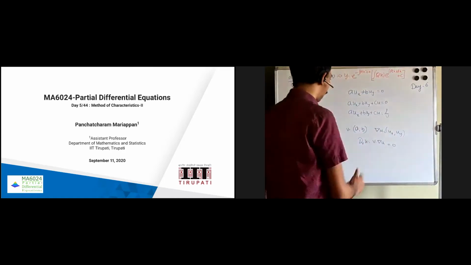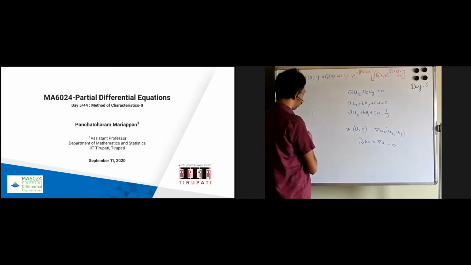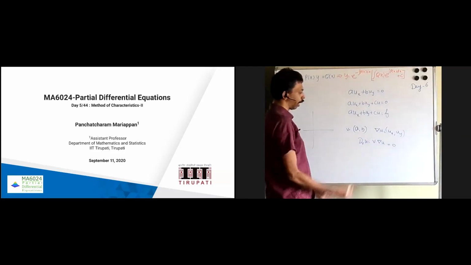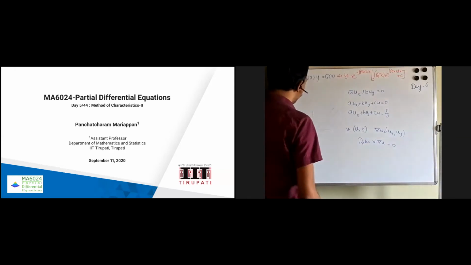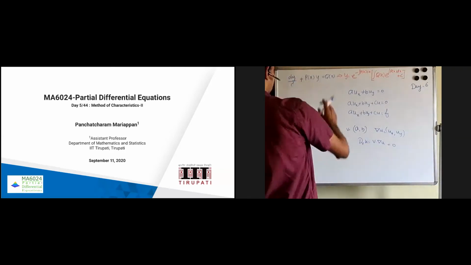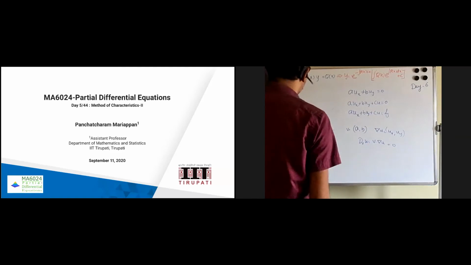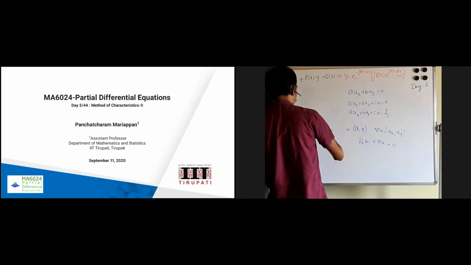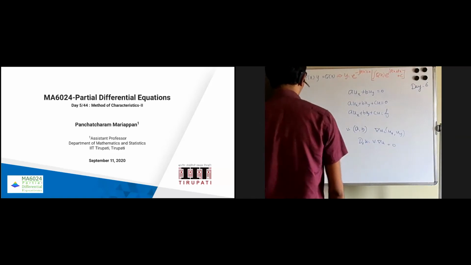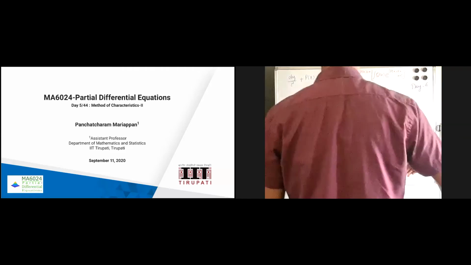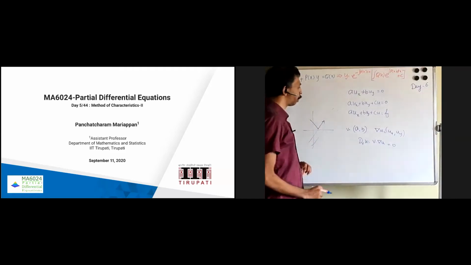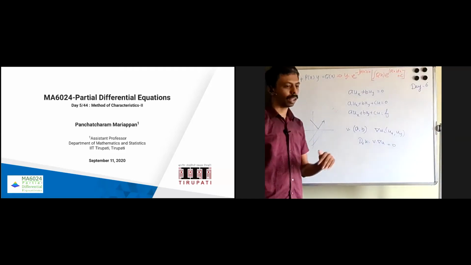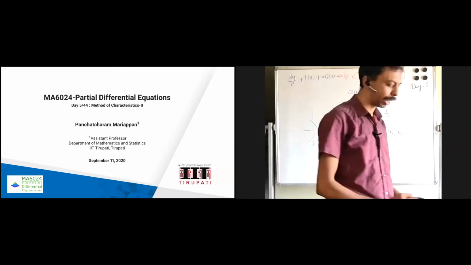Okay, so I have a coordinate here. So I will find a characteristic line. So what I'm trying to do is that instead of viewing this one, I'm just changing my coordinate into this plane, so that in that plane I can see that all these lines are constant. So if I take the derivative in that line, this is going to become 0. So this is nothing but the underlying idea of this method of characteristics.